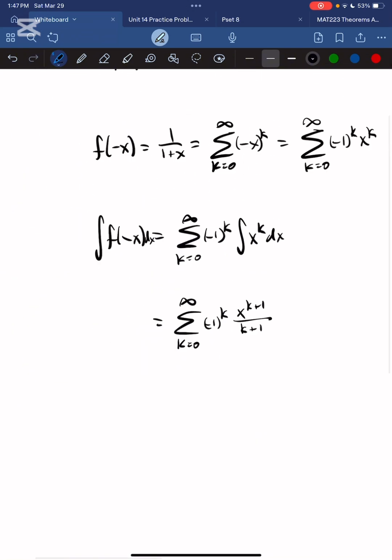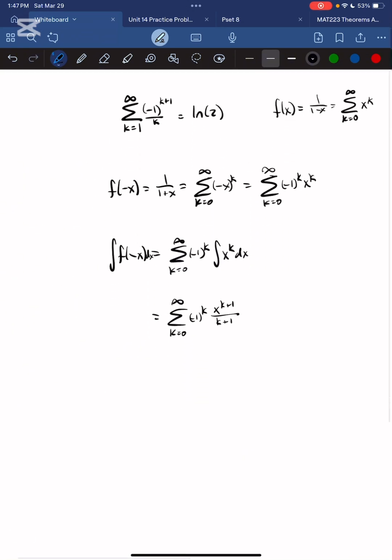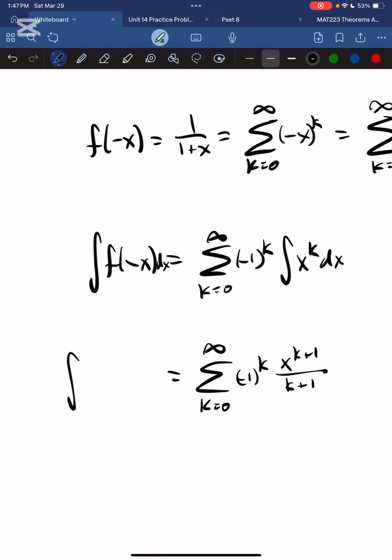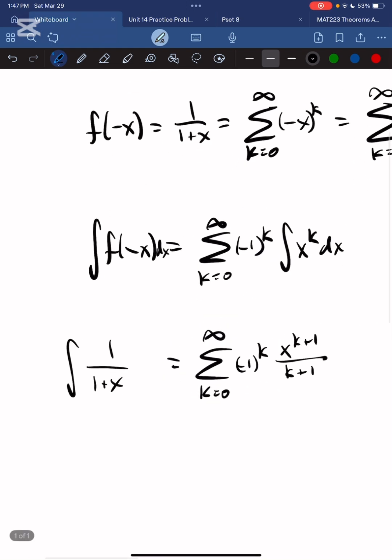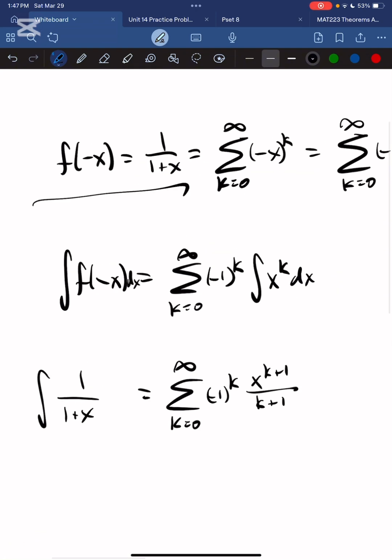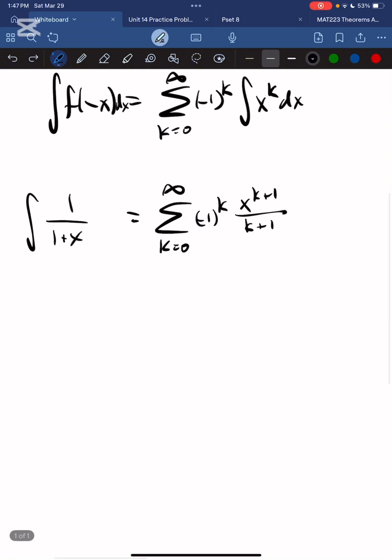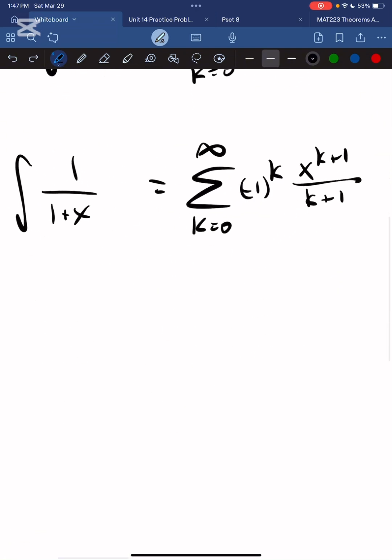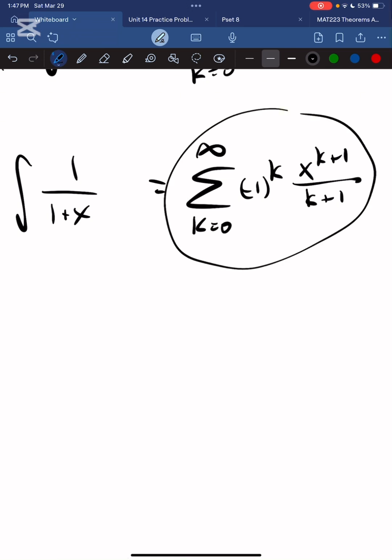And now we can see we're really close, right? And we also know this is equal to the integral of 1 over 1 plus x, okay? Because we know this, right? So we're getting close. And now we can actually rewrite this sum. All right, this is something that's pretty cool. We can rewrite this sum